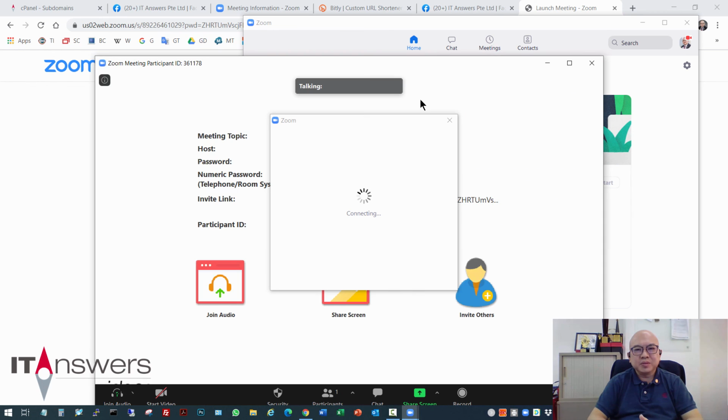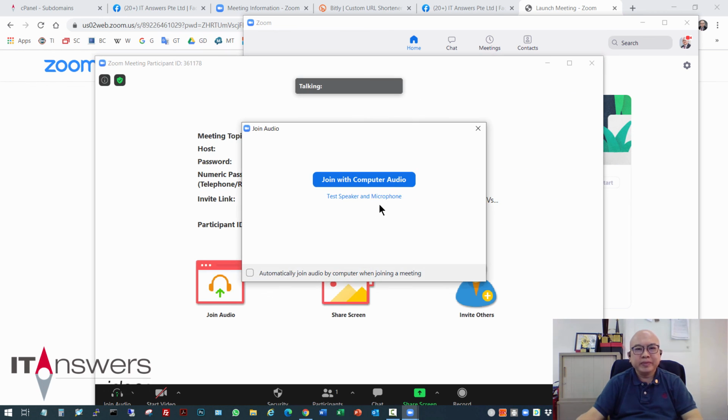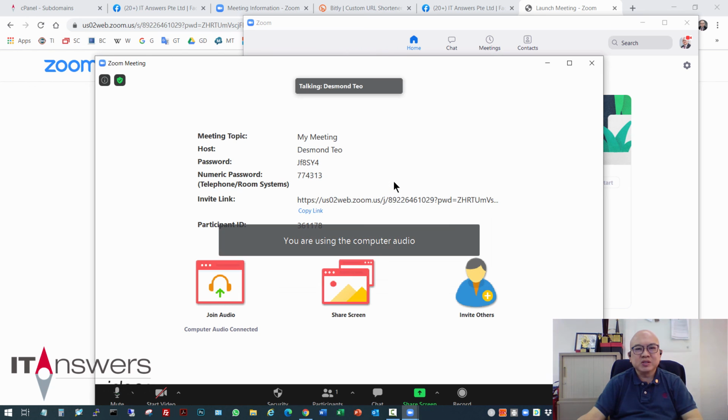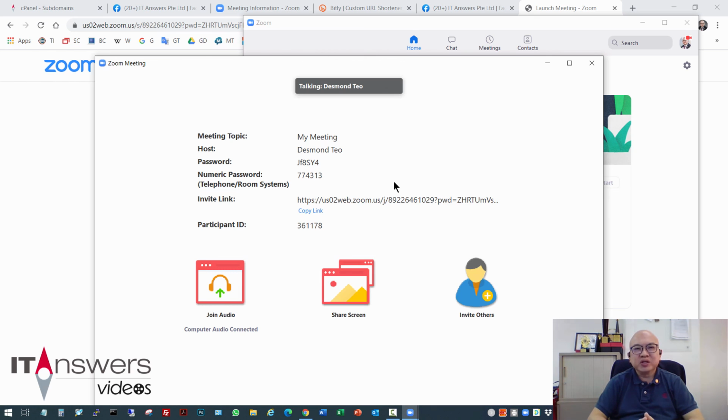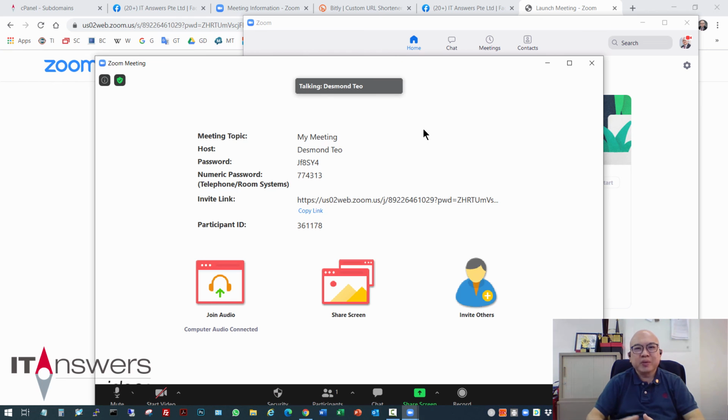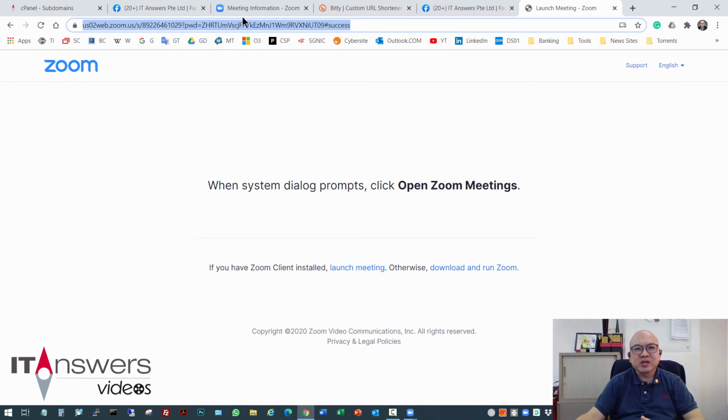And the meeting will automatically open, and I simply need to click join with computer audio. So that's how we shorten a Zoom invitation link to a very short subdomain such as